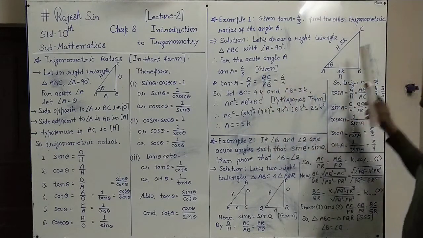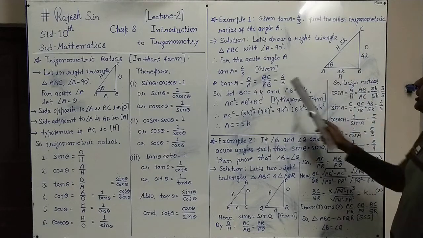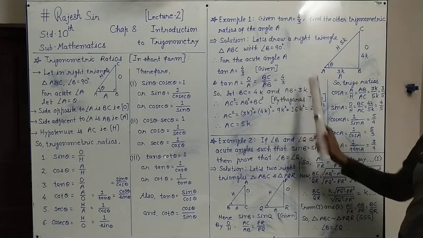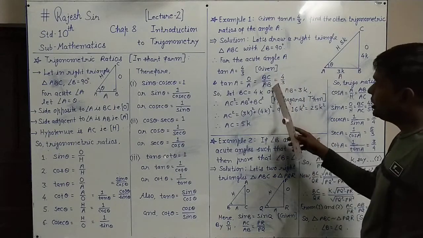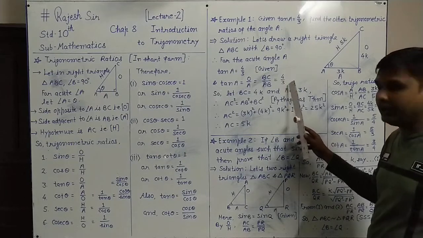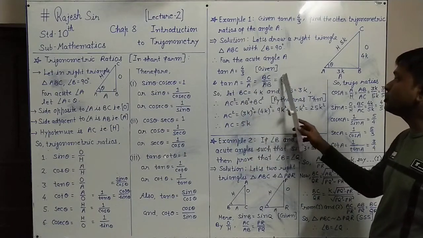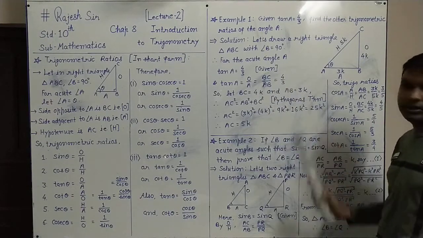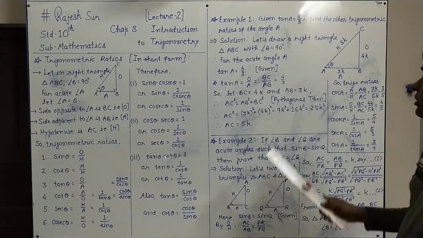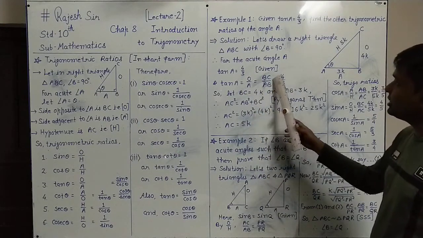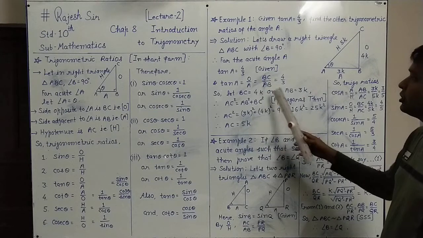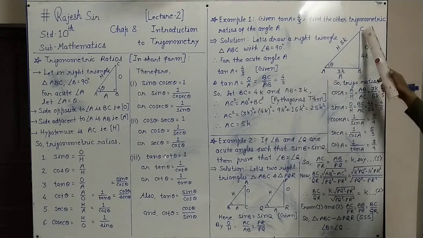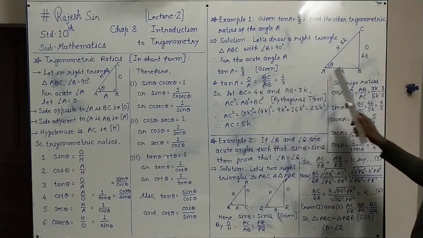So O upon A, that is BC upon AB, and it is given as 4 upon 3, so we have equated it to our given value. Because BC upon AB is 4 upon 3, given in ratio form, we can consider that BC equals 4K and AB equals 3K. Because they are given in ratio form, we suppose it this way: BC of ratio 4 is 4K and AB of ratio 3 is 3K. So here we have noted BC as 4K and AB as 3K.